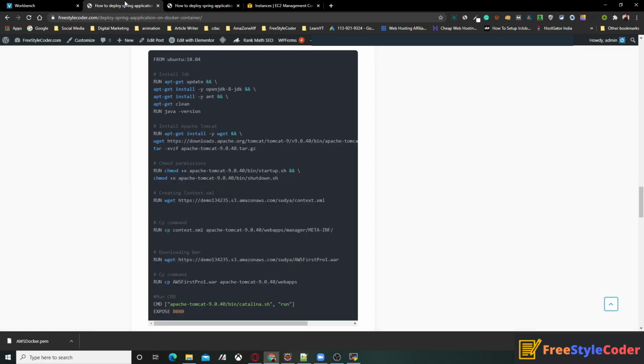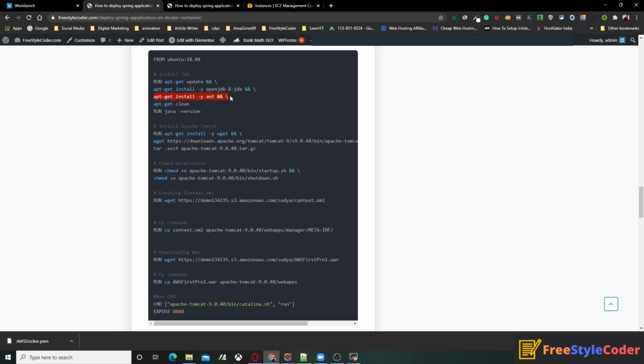So what we are doing here in the Dockerfile: first we install the Java JDK, because our application is in Java. The first command will update your system, then the second command will add Java 8. You can install any version, just find the package name.